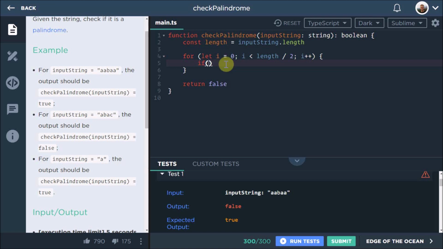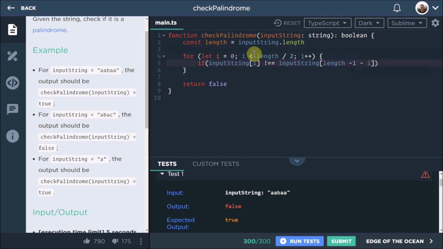So we're going to check if input string at i, i.e. the first character, is not equal to input string at length minus 1, because remember, if the length is 5 here, then we are looking at index 0, 1, 2, 3, 4. So this is 4. So we're going to look at length minus 1. And that should work, but we've also got to say minus i.